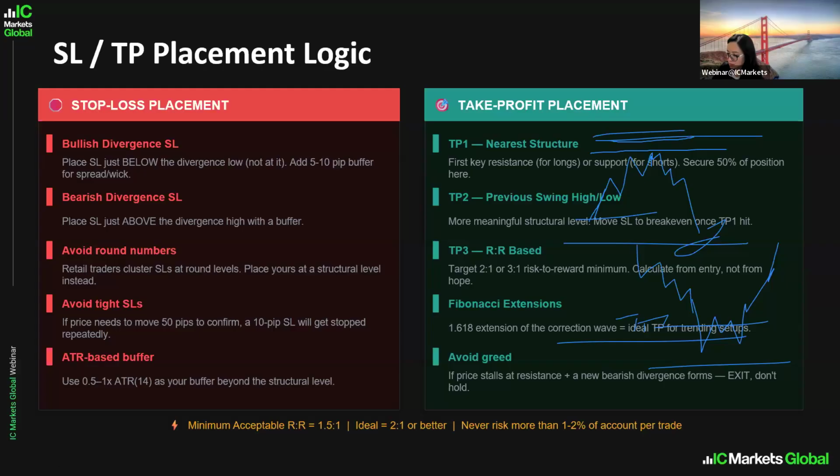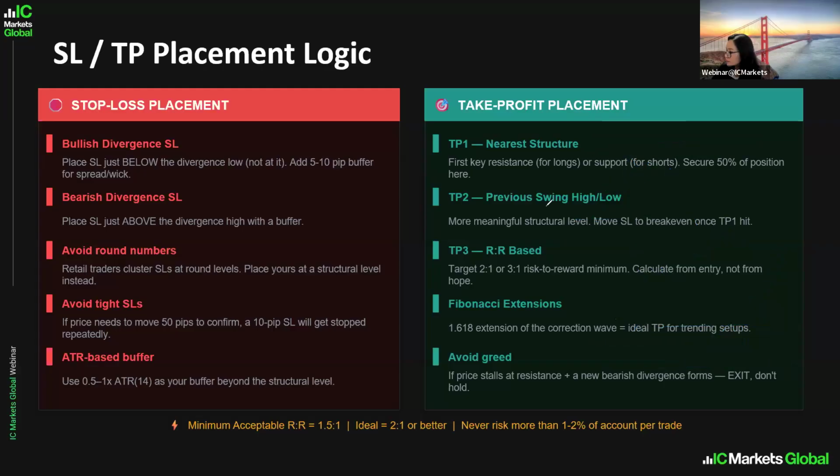So placing the take profit is very important as well. The previous swing high and swing low are the TP2. I have only two TPs. The first TP is always slightly before the key level. The second TP is the next resistance level or the next support level, if price breaks the key level, which is the first support or first resistance.